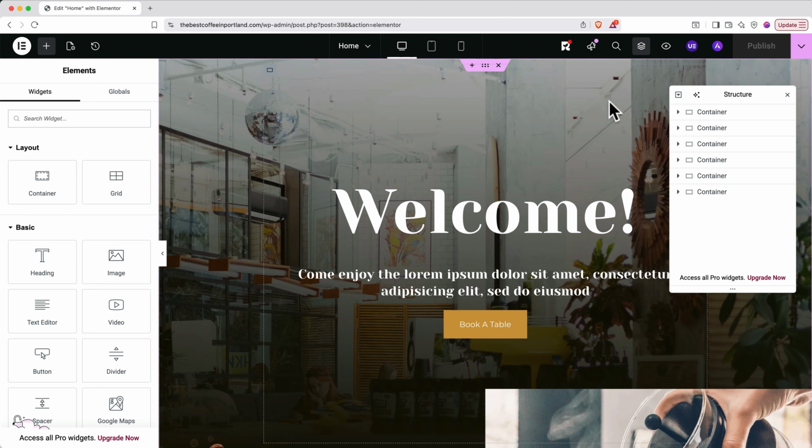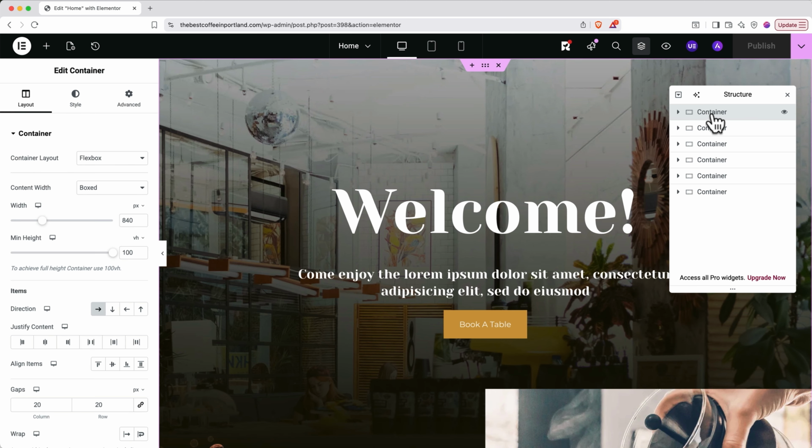To start, let's look at the structure panel that's open on the right side. Here you can look at the structure of the page. If I click on this container item at the very top, you can see that this first big section of the page highlights with pink. This is the container. It contains all of the elements that are inside it, which you'll see turn pink as